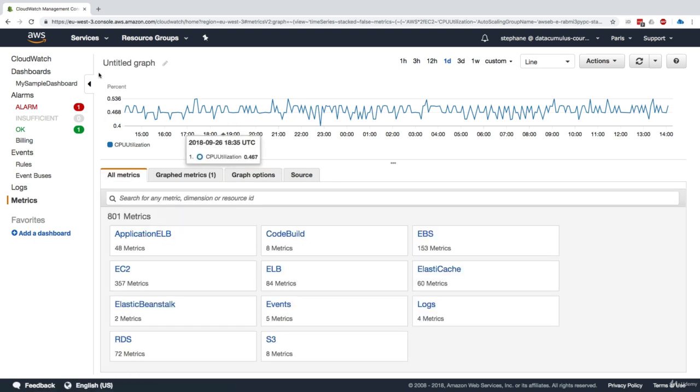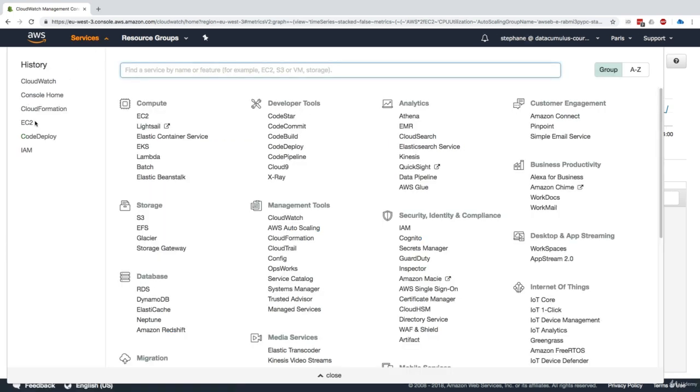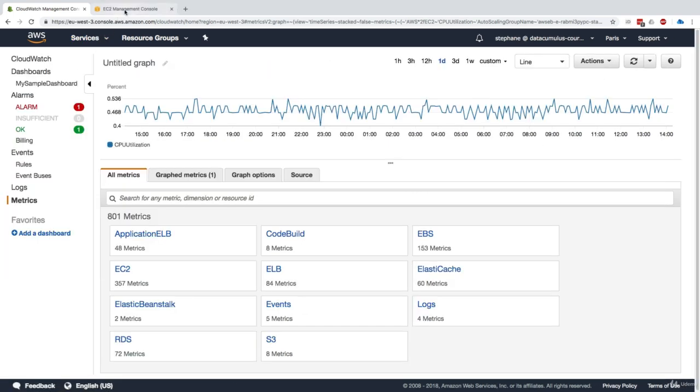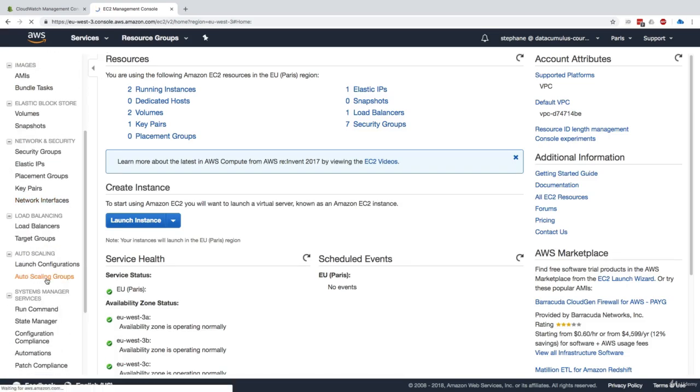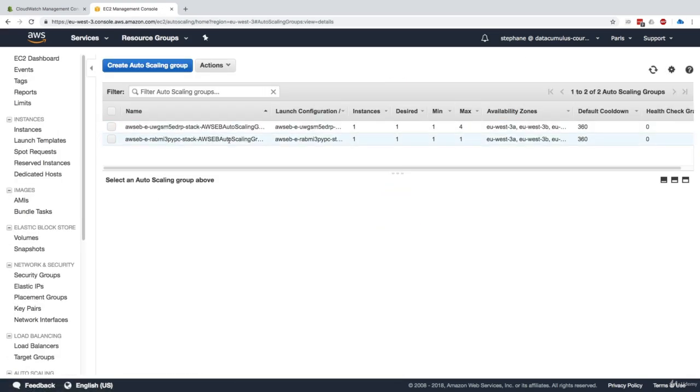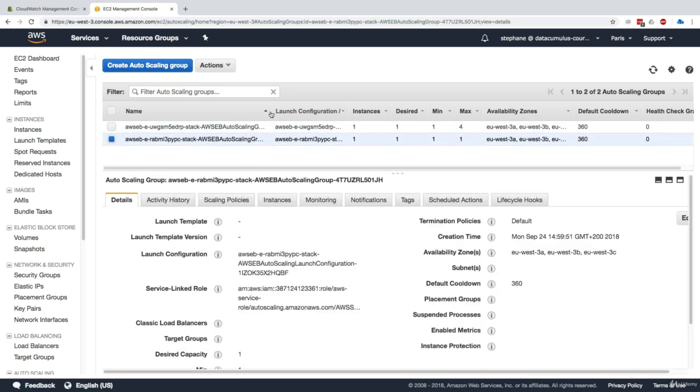So once we have this, one thing I really want to show you though is going to be the detailed monitoring. So if we go to the EC2 Management Console, and then we click on Auto Scaling Groups. Here are our 2 auto scaling groups, and they're created through the Beanstalk that we had from before. And so if we look at it, they have a launch configuration.